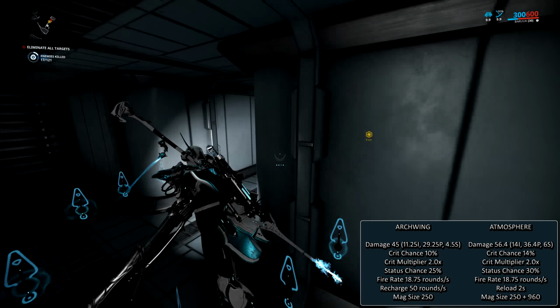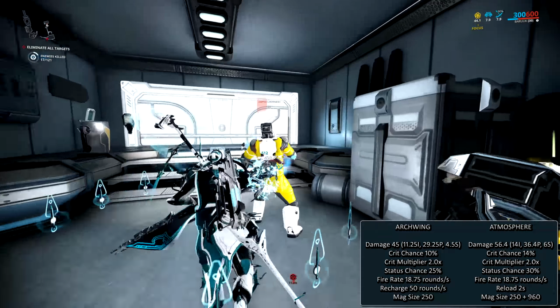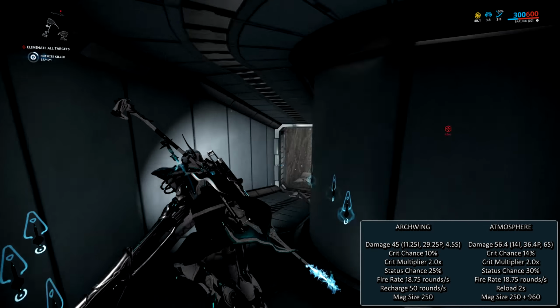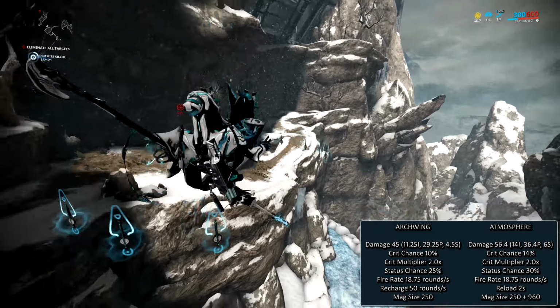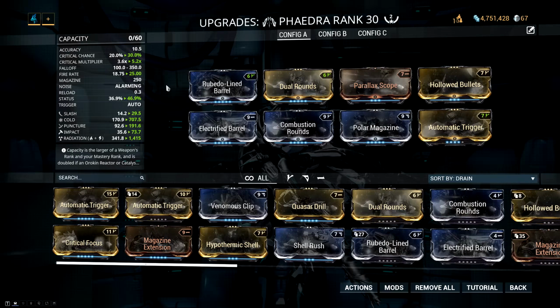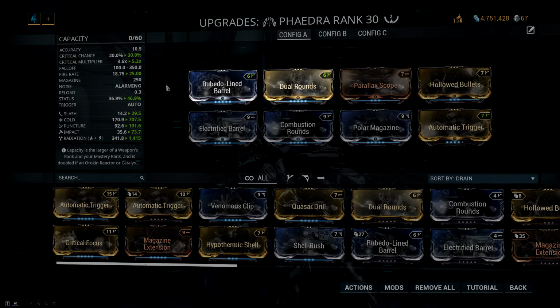The weapon can still fire up to 18.75 rounds per second once it's fully spooled up, though since it's using a more standard ammo mechanic, it now gains a 2-second reload time with a 250 round magazine and 960 spare rounds. Now I'm once again using just a very basic build, which on the Phaedra requires 2 Forma, both of which are AV,